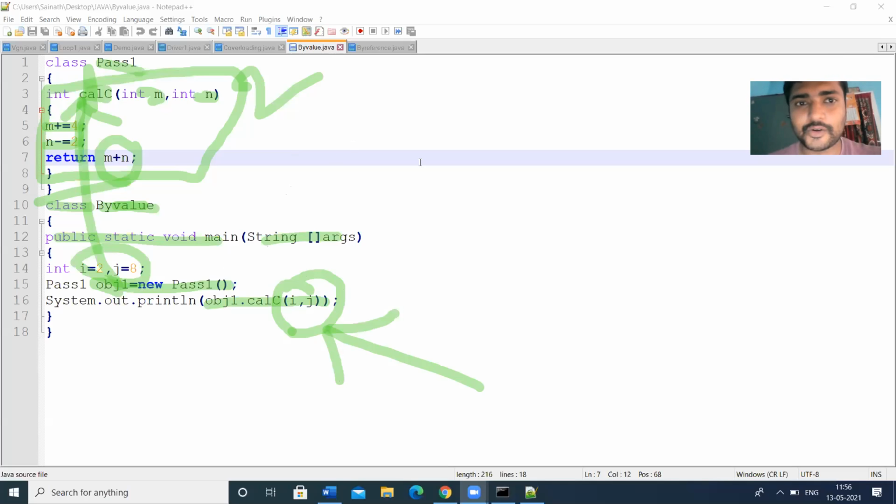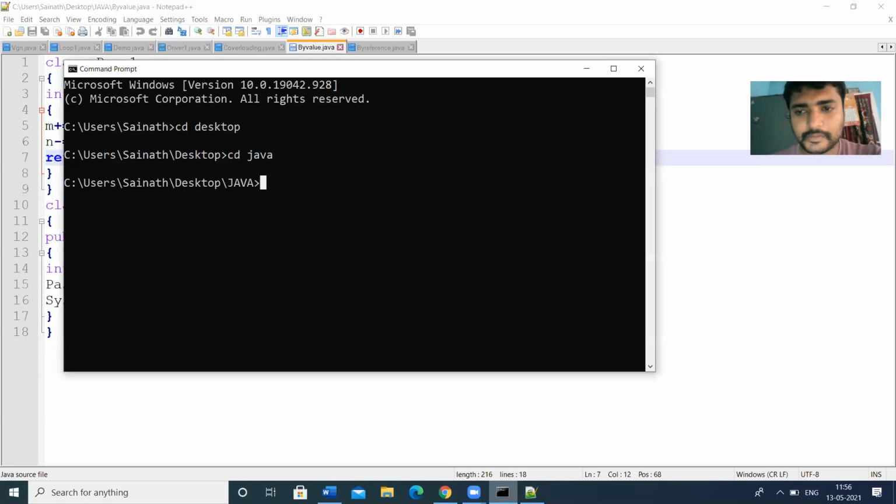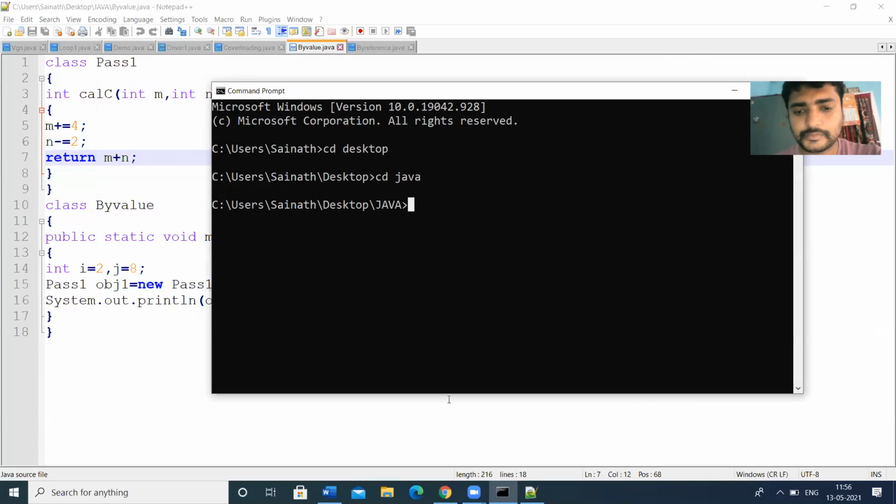So let us check the output. The program name is CallByValue dot java.